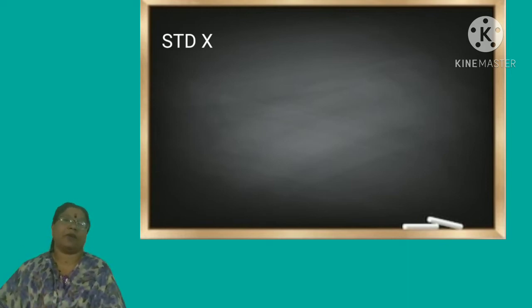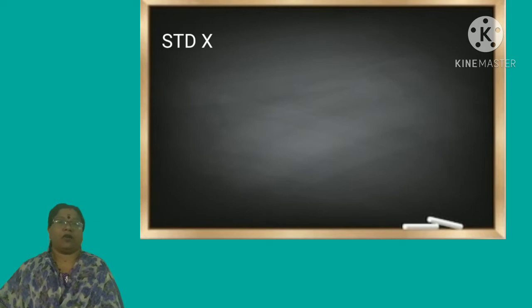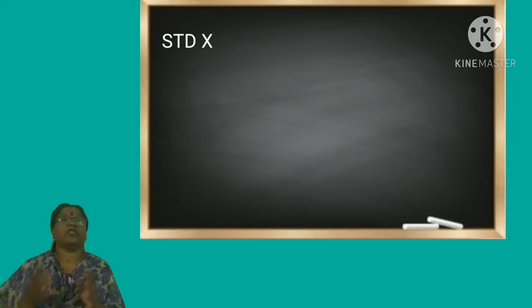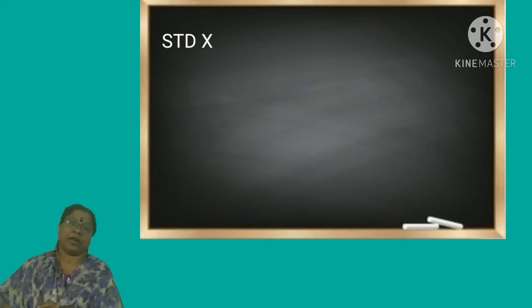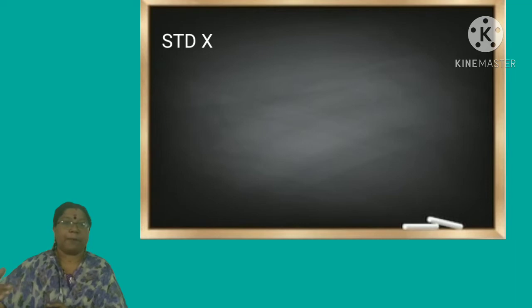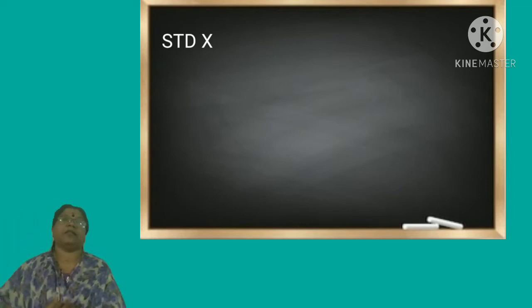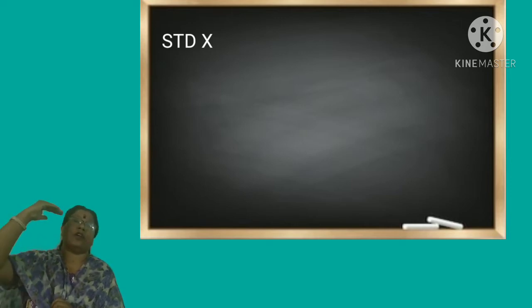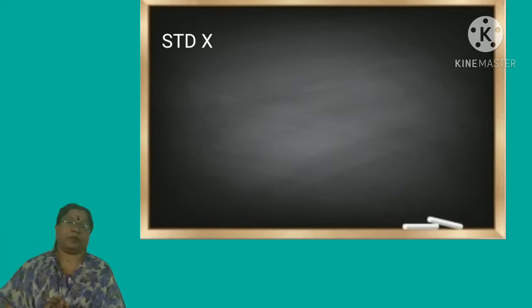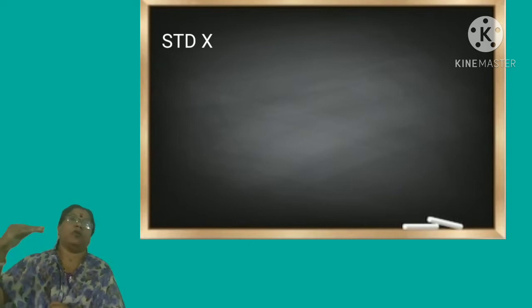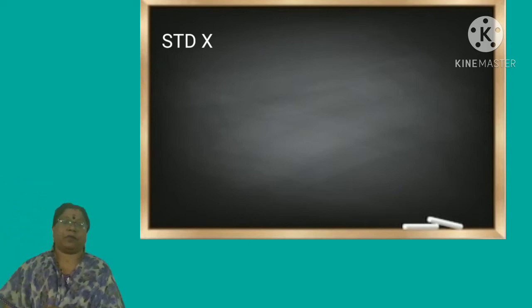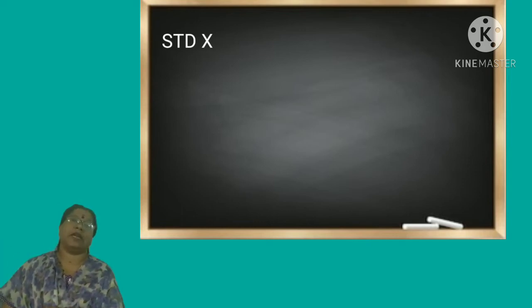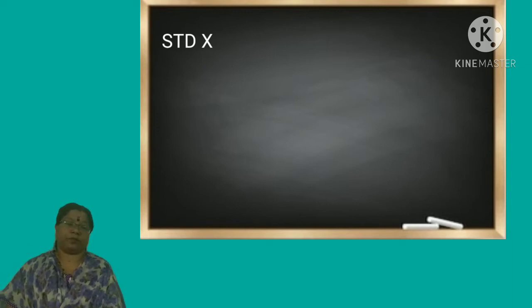The 7 colors you are familiar with: violet, indigo, blue, green, yellow, orange, red. So it splits up into 7 constituent colors. Violet deviates towards the base of the prism, and above that all the colors will be arranged, and on the top it will be red. So violet, indigo, blue, green, yellow, orange, red. This splitting up of light into its constituent colors is known as dispersion.